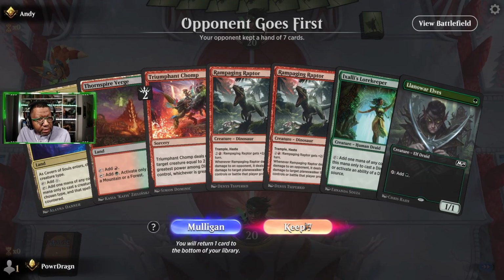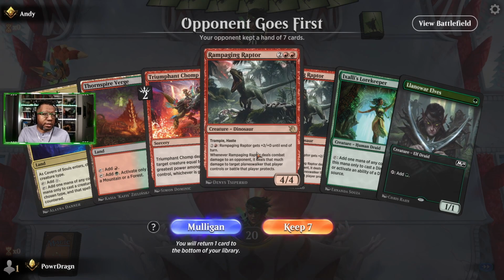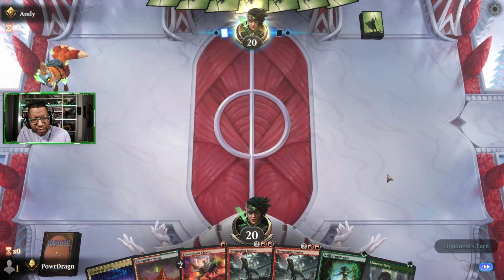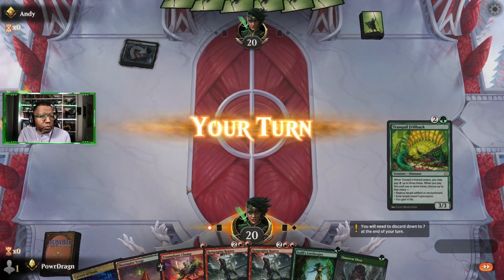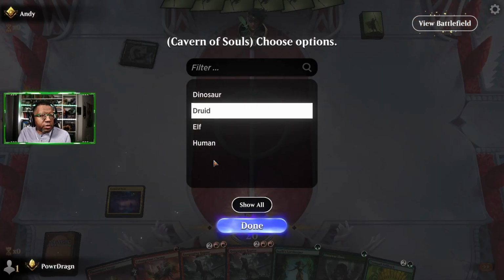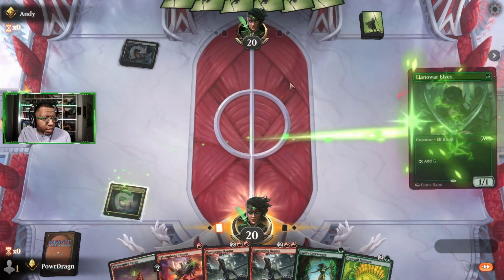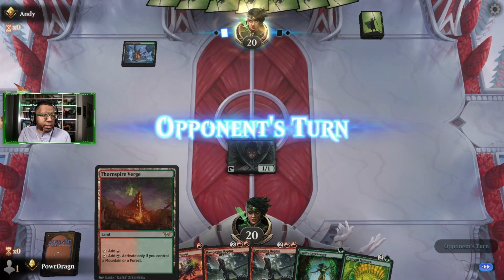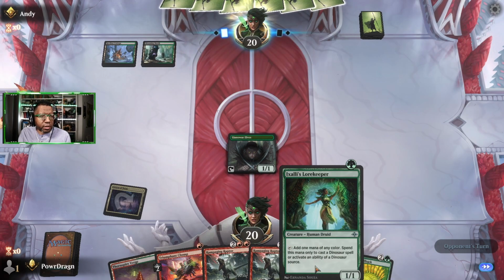Let's... I'm about to say keep it, but... This is double red. You know what? Let's try it. Let's try it. Could be a grave mistake, but we shall see. We're going to put this on Druid, and this is a case where I'm actually going to play Llanowar Elf first, because if we only end up drawing Forest, I'll still be able to play these guys with the